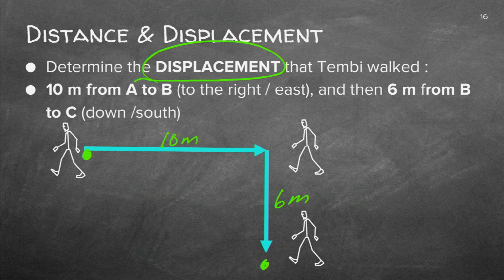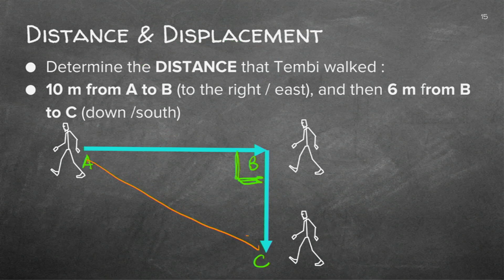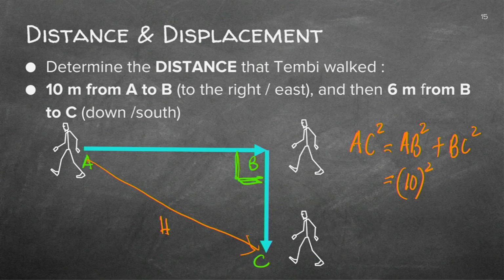And let us now draw that line, and you'll see you now have to determine that side. Can you remember how I'll find this hypotenuse? Well, you will say A to C with Pythagoras will be AB squared plus BC squared. And again, you've got good math to tell you exactly how to do this calculation. So this will be 100 plus 36.